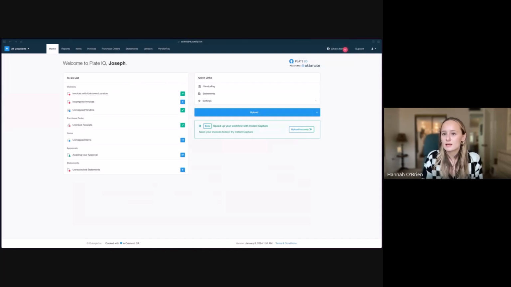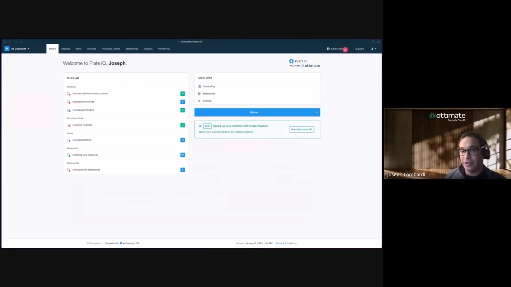I know that's something that's super important in the healthcare industry and other industries dealing with sensitive information. So I'd love to hear a little bit about that. Yeah, so we certainly offer single sign-on if that's required by an organization. We can also do multi-factor authentication, so you can make sure that the proper users are accessing Ottimate. We also are utilizing Amazon Web Servers with triple redundancy, so you can be sure that Ottimate will stay up